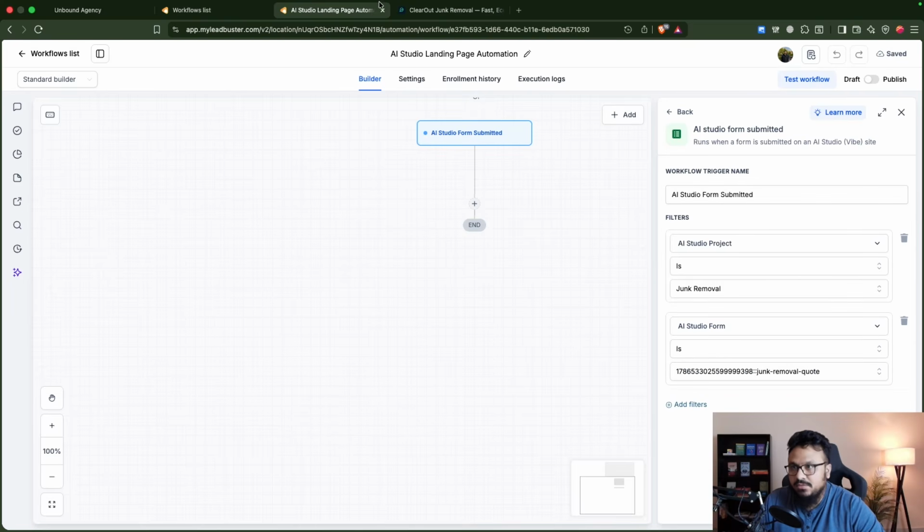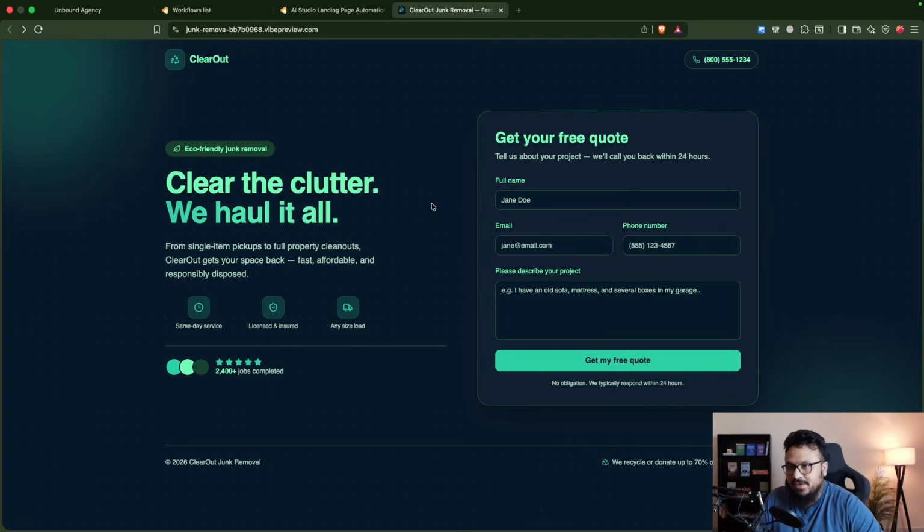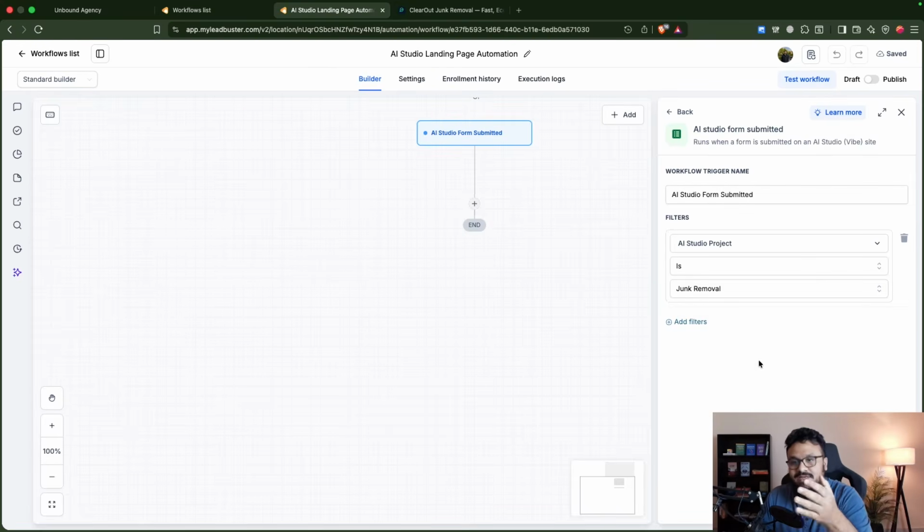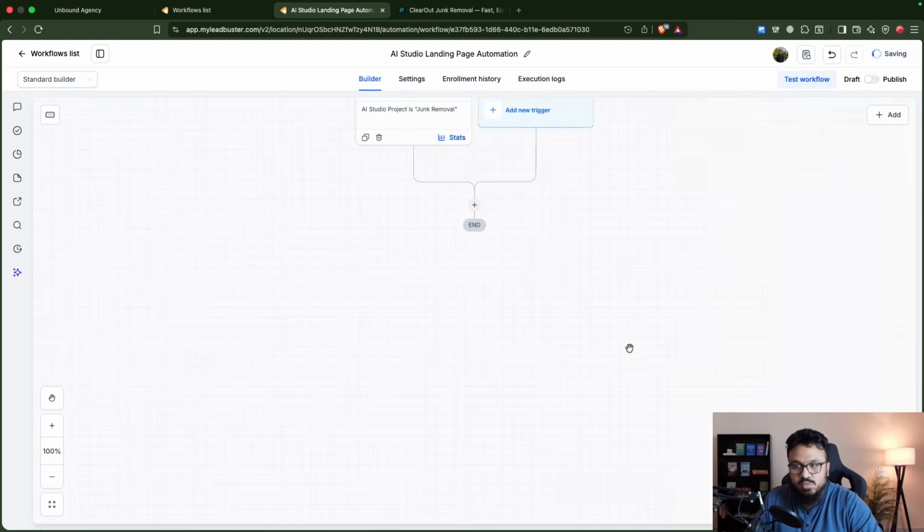So this is the form, because if you look at our landing page, we only have one form. So that's going to be it, right? So that's why we selected this. If you don't want to do it, just don't do it. You can leave it blank. Just select the AI Studio project is junk removal. So whenever the form inside this project known as junk removal is submitted, this workflow will start working for that